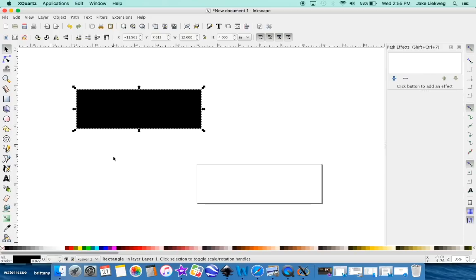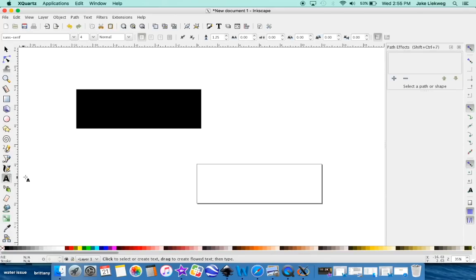So what I'm going to do now, I'm going to click off of that so I can't move it or anything. Next, we have to get our text in there. So I'm going to do just a random name. So we'll click on our text. Don't click down here because our text is going to have to be white to contrast with our black box. So all you do, it doesn't have to be in a specific spot, just inside of that black box. You'll click, and then we'll type in here